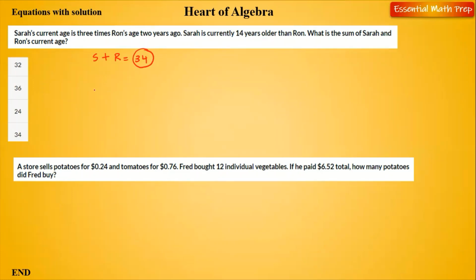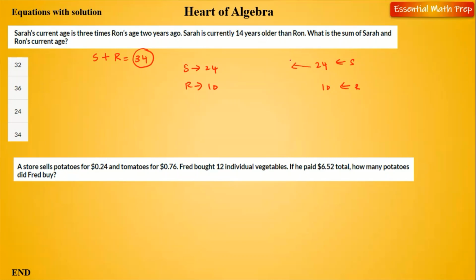So how could we likely break down 34, where Sarah is currently 14 years older than Ron? So if Sarah is 24, then Ron must be 10, right? If this is their current age, then Sarah is 14 years older than Ron, right? So 24 minus 10 is 14, right? So let's write these numbers down now. This is for Sarah, and this is for Ron, right? 2 years ago, that means,